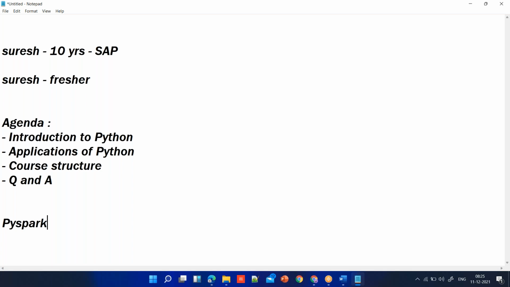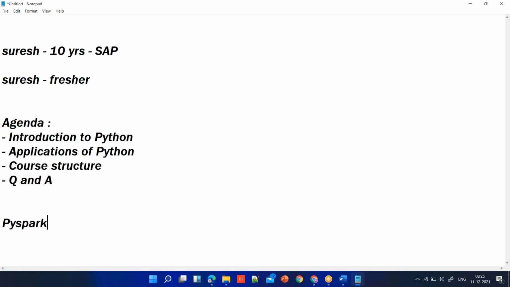These are the two areas where Python is being used left, right, and center. You can check with any data scientist if you know. And talking about data engineering, I myself am a data architect, data engineer. So I can confidently tell you guys, Python is the most used programming language.